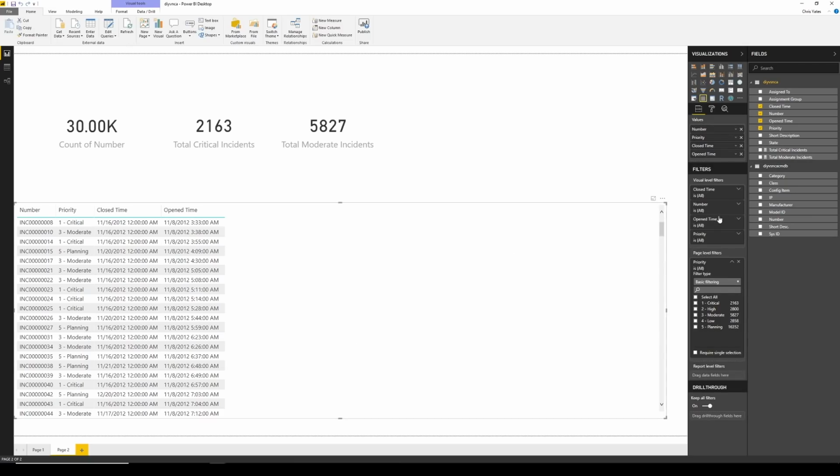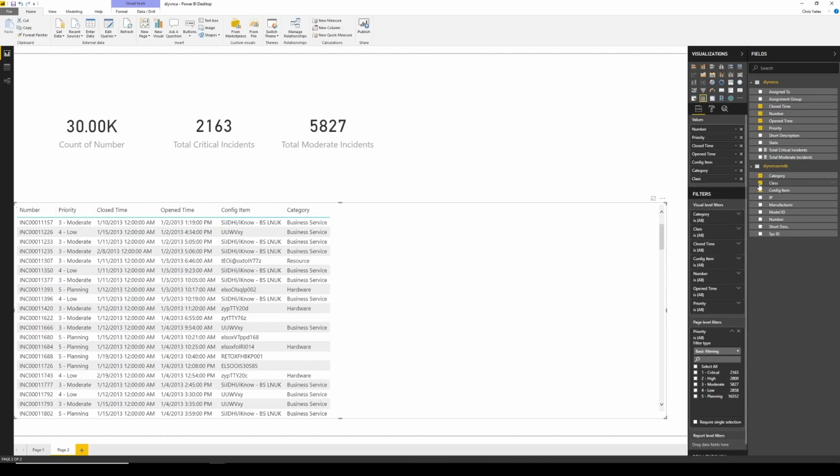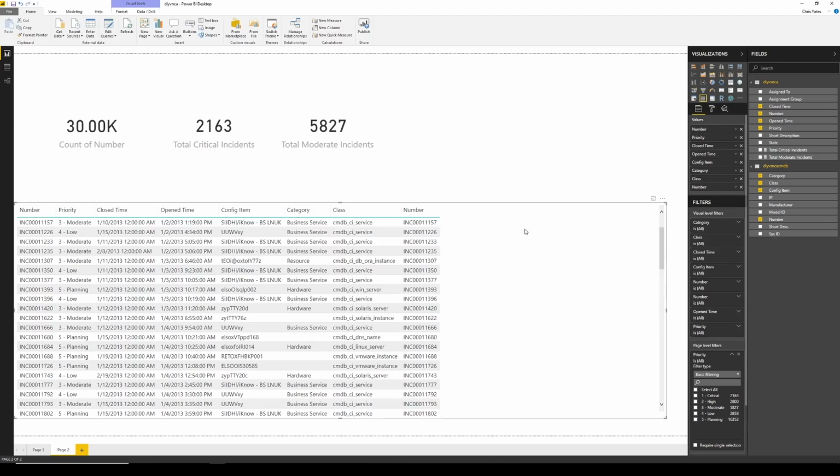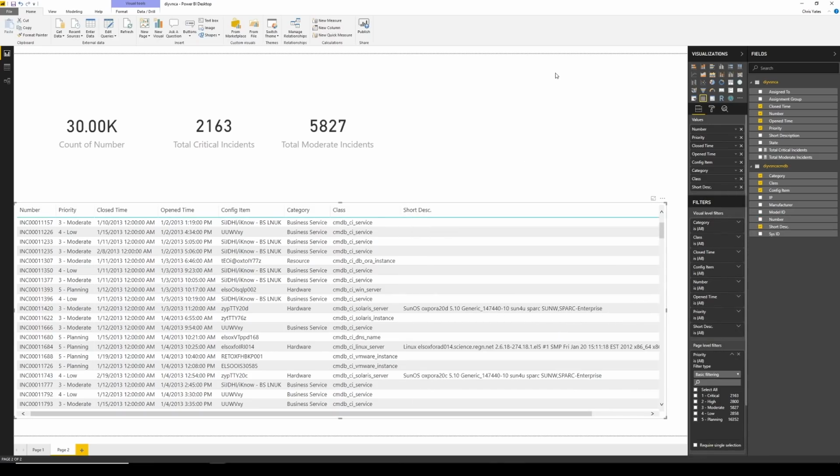Now in this table, I should be able to bring in my configuration items. Yep, there we go. My category, my class, my number, and oh, I already have the number. I can do short description. And yes, this wasn't that slow, but keep in mind this is a really small data set. Very few fields to contend with,